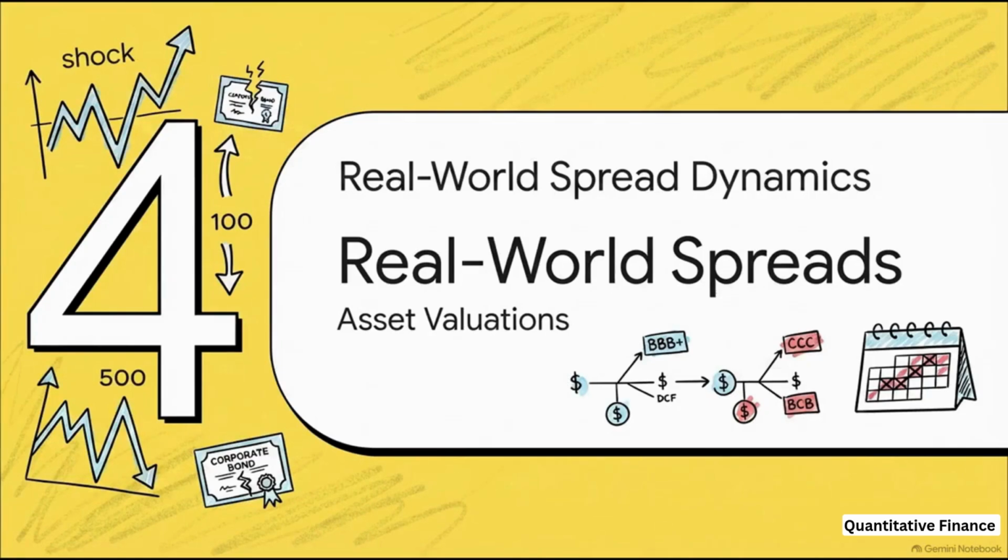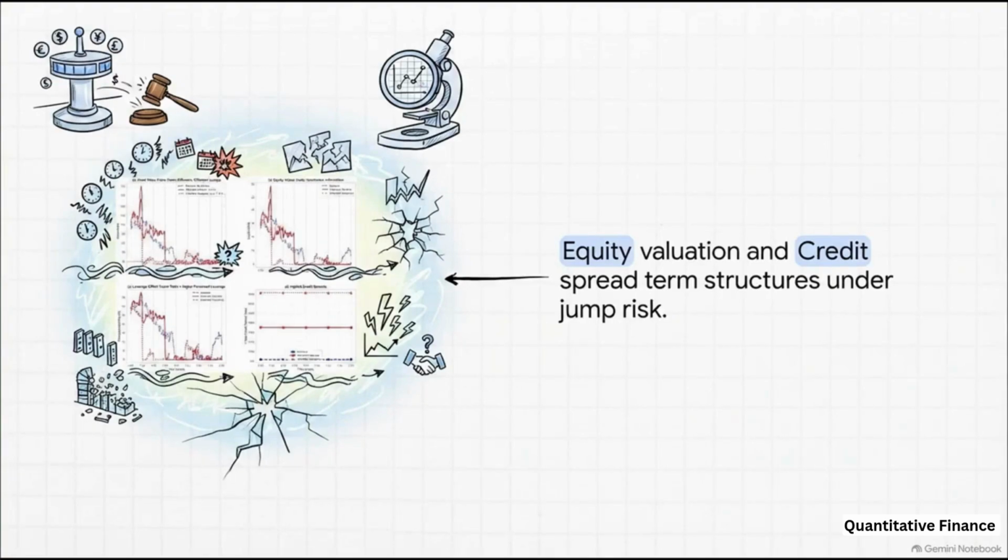All right, part 4, real-world spread dynamics. Let's see how this math translates into the visceral, real-world asset valuations hitting trading desks right now. This graphic is just a masterpiece of quantitative visualization. It breaks down exactly how a single scheduled event fractures asset pricing. We're looking at 4 quadrants, all tracking the exact same continuous diffusion path over a 2-year timeline on the x-axis, but we're subjecting them to different jump risks. Let's really break down what happens when you introduce the reality of a scheduled shock.